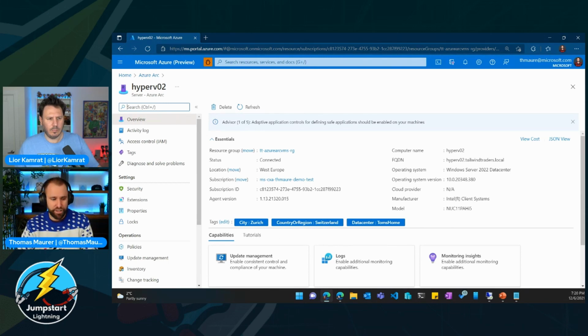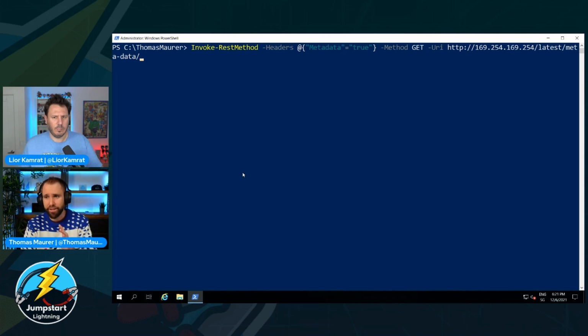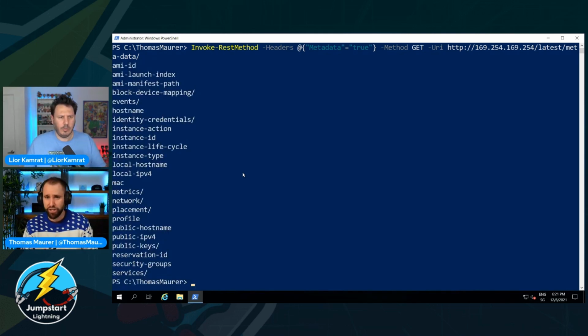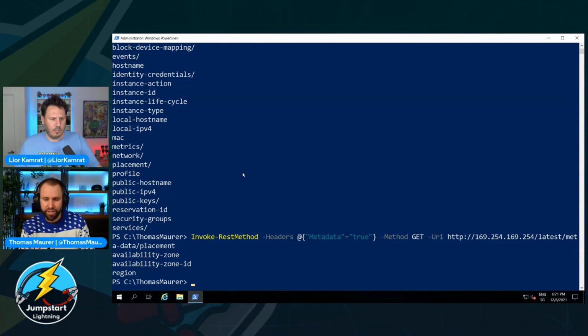But now let's have a look at the automated fashion. So here I'm in an AWS machine, and just to quickly show you the metadata service. Again, this is a REST API. I can actually list this using PowerShell here. Again, this also works obviously for Linux machines as well. But you can see here I can get a couple of things I can actually go on and have a look at. For example, IP addresses, placement, and security groups. It is obviously very related to the AWS environment. But for example, if I tag this and I go into placement, then I can see here things like availability zones and regions.